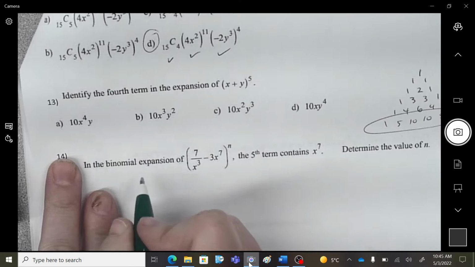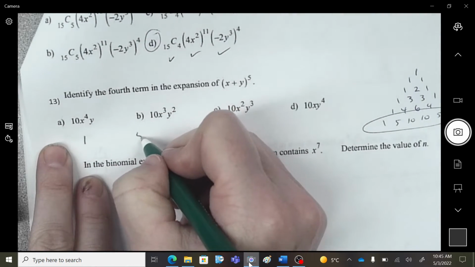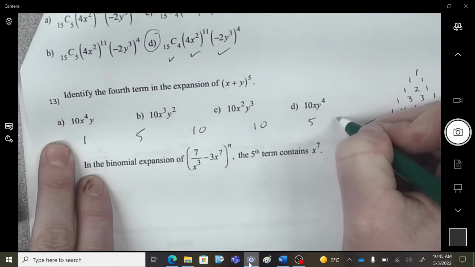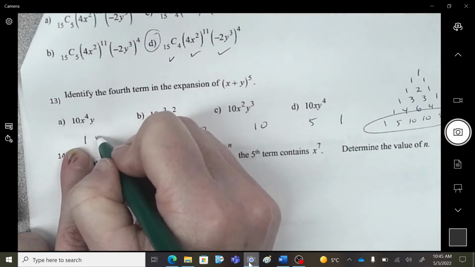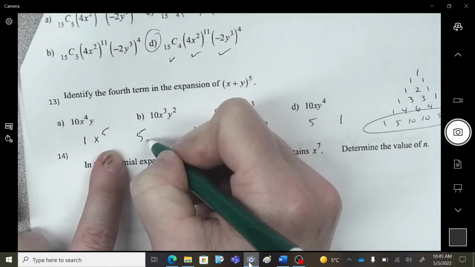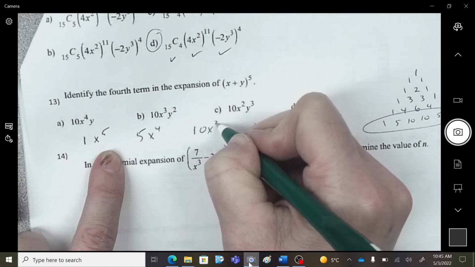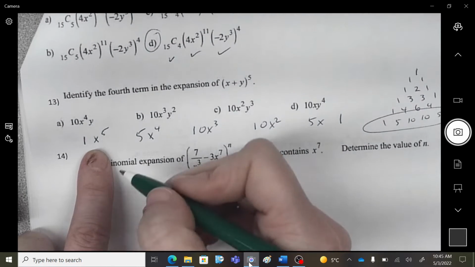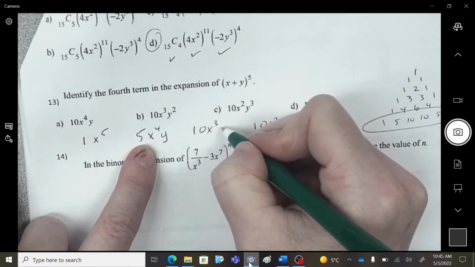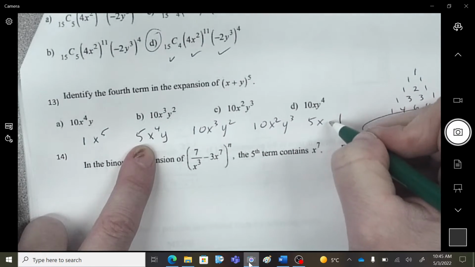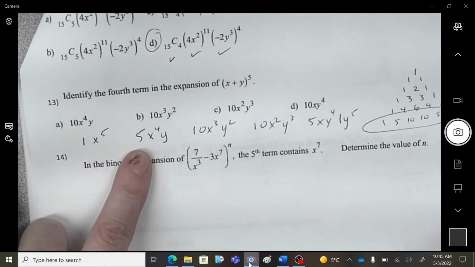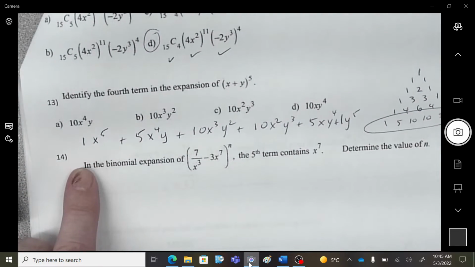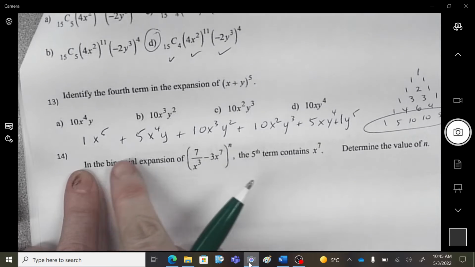Okay, so if I think about expanding this, it'll be a 1, 5, 10, 10, 5, and 1. This will have x^5, this would have x^4, x^3, x^2, x^1, no x. This will have no y, a y, y^2, y^3, y^4, and y^5. Everything's plus, so we don't have to do anything different with these signs. So the fourth term, 1, 2, 3, 4,